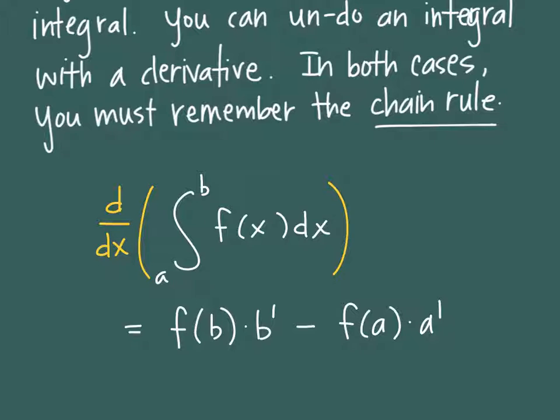Notice that we're not using capitals anymore. Capitals would be for if we were just doing the integral, but we are doing the integral with a derivative. And so the integral with a derivative cancel each other out. Think of it this way: these two things cancel out, and all you're left with is f, but you do have to plug the bounds in.